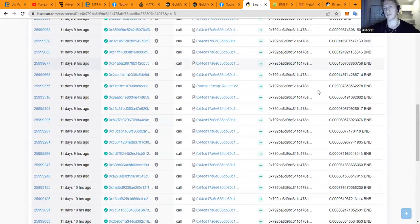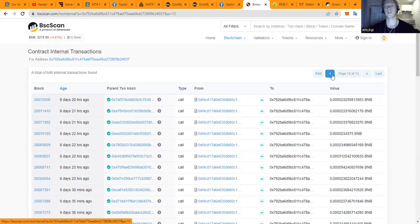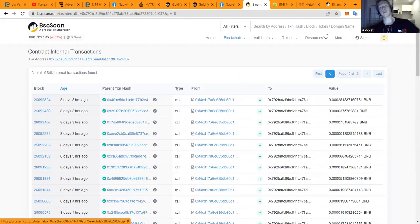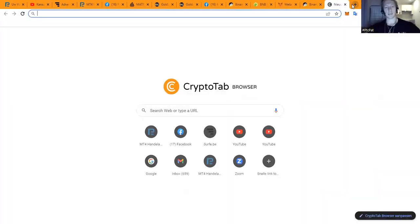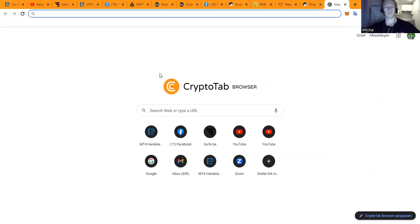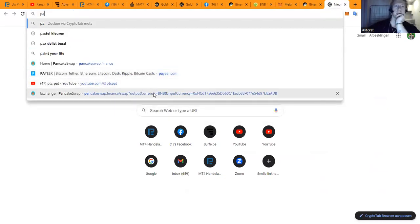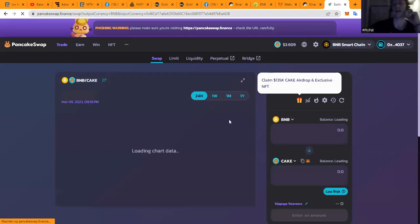And you can see constantly a BNB stream in the wallet. 13 pages of BNB. And this is not all, of course, because we also get tokens. We get the MET token that is from the same PancakeSwap. The MET token that is from the same address as the contract, as you can see it here. And then it says